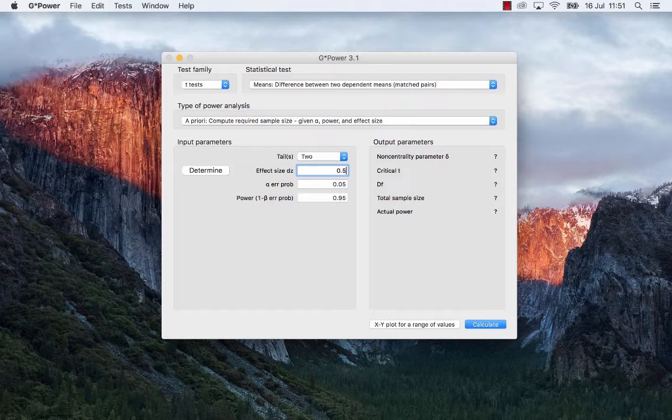The effect size is 0.2. The error probability, we leave that at the typical alpha level of 0.05, and power at 0.80. The power analysis is telling us that we need 199 participants in order to detect a small effect size of 0.2. Now, if I think that I am not able to recruit 199 participants, I can either decrease power, which